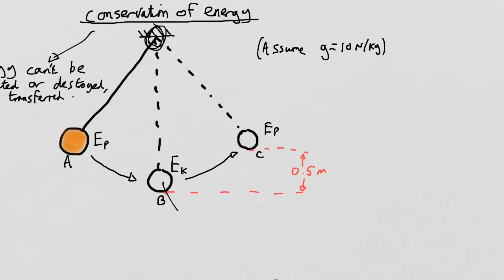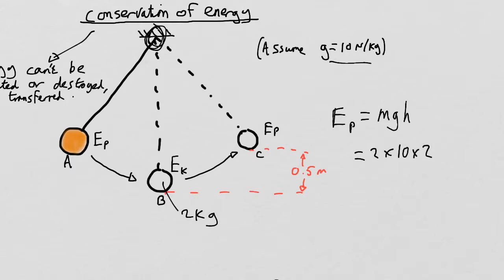So if I lift the pendulum 0.5 meters, let's give the pendulum a mass of 2 kilograms. If the pendulum has a mass of 2 kilograms, I can figure out how much gravitational potential energy I give it to get it to A. So I'm lifting it 0.5 meters. We can use this equation. Gravitational potential energy is equal to mass times gravitational field strength times the height that I've lifted it. So mass is 2, g I'm going to assume is 10 just to make it easy, and then times that by the height. So that's 2 times 10, which is 20, times the height, which gives 40 joules.